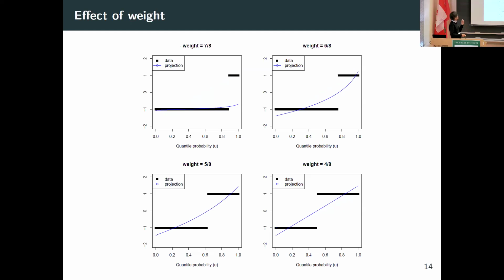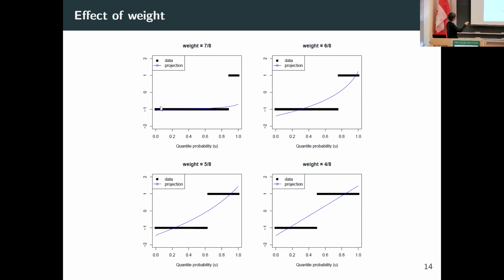And what is the effect of the weight? The second thing you ask is, if instead of doing 1/2, 1/2, what happens if I have 2 points but unequal weights? Here the weight 7/8 is the weight at the point -1, and this one has weight 1/8. So what happens is that